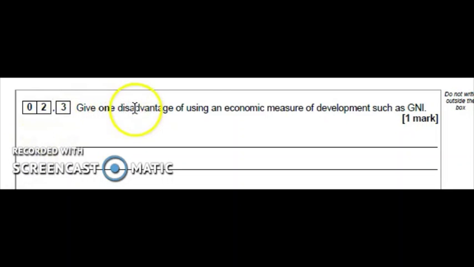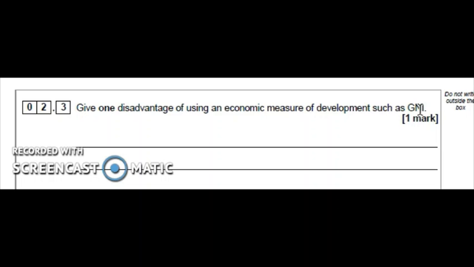2.3. Give one disadvantage of using an economic measure of development such as GNI. So basically, why might it be a bad thing just to look at how much money a country has got? There's two very common answers here. First of all, if we look at GNI or GDP, the value it gives is just an average. So if you've got lots and lots of millionaires and billionaires, that might skew the data,